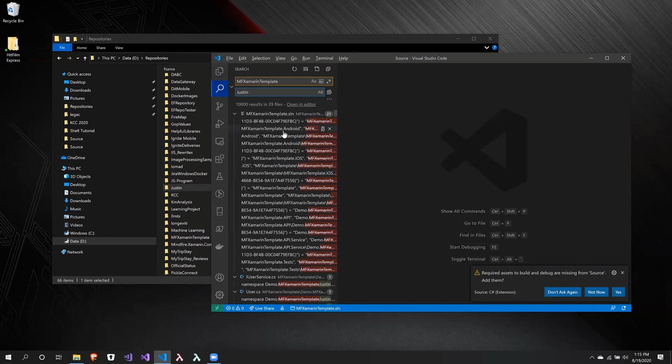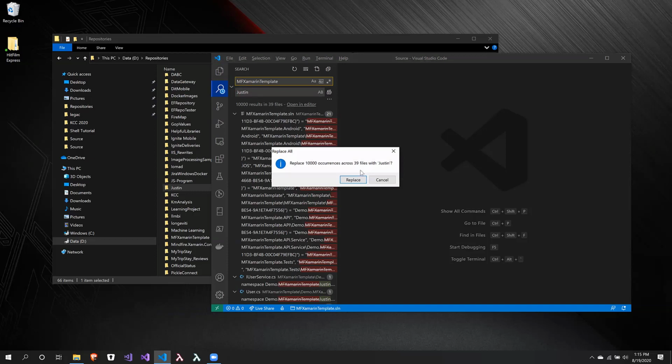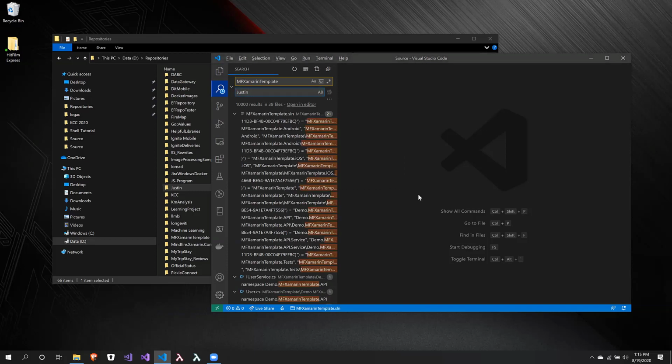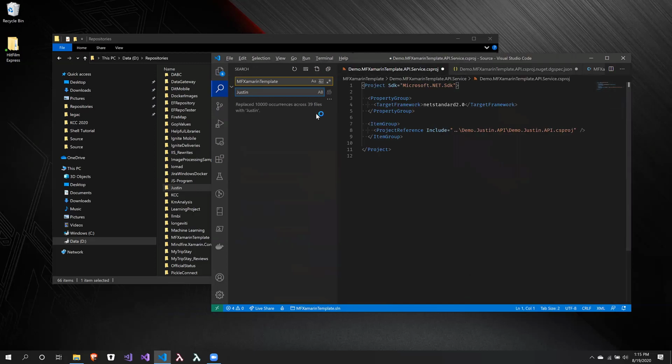I don't know how I got this lucky, but it really appeals to my sense of order that it is exactly 10,000 references. That's just within the name. Anyway, if I say replace all, it'll go through and update all of the files in my